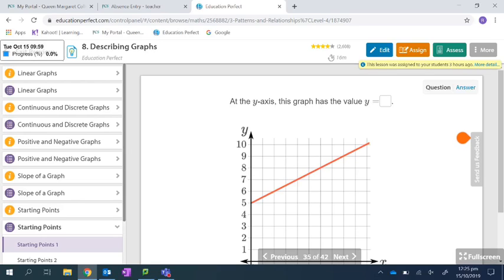If it's just a line of dots, it's called discrete. Okay? And we can tell if it goes up, what kind of slope does it have? Positive. If it goes down, it's negative. And we can find the slope by counting rise over what? Run. And make sure you reduce the fraction. Good? Okay, so again,